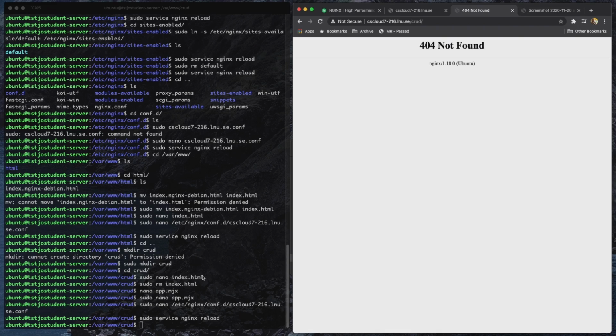It's good that it's not working because we don't have any application running at the port 5050. However, it shouldn't say not found. It should actually say bad gateway. Well, I will try to just start this application, nano